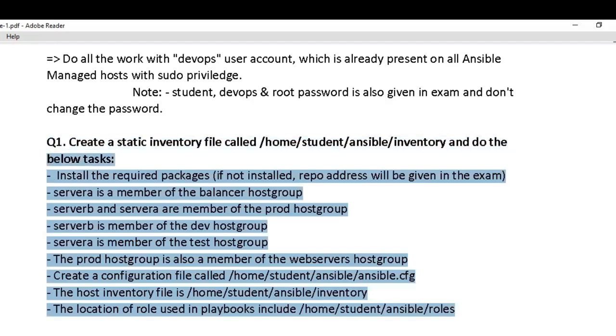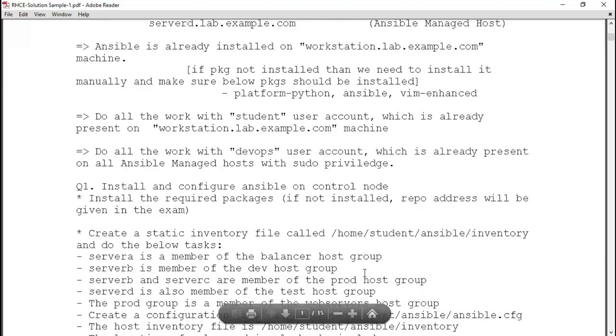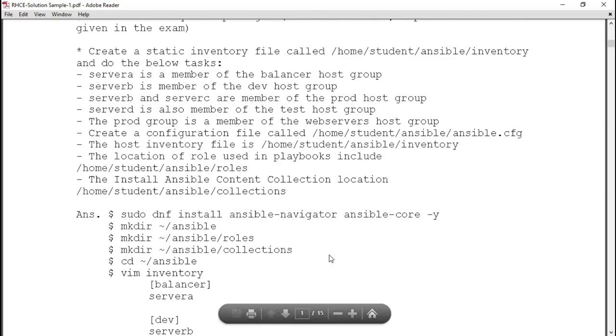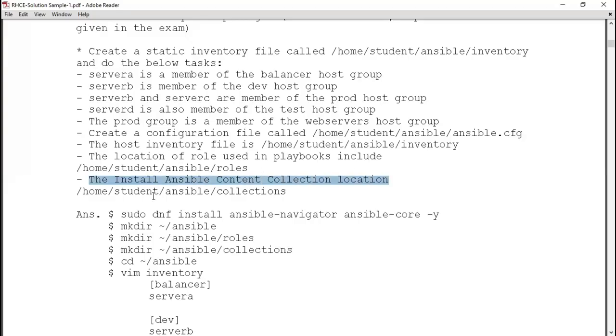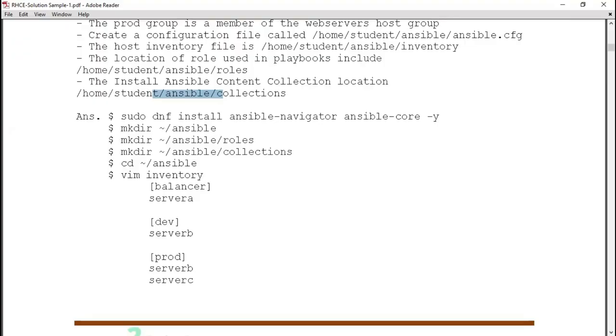So basically initially we have to create our infrastructure. Right. So I have prepared the solution for you as well. You can refer to that solution also, but I would suggest you try on your own in the first go. So here I have written all these things, install the Ansible collections, and these things should be there. Okay, so let's start doing all these questions one by one.